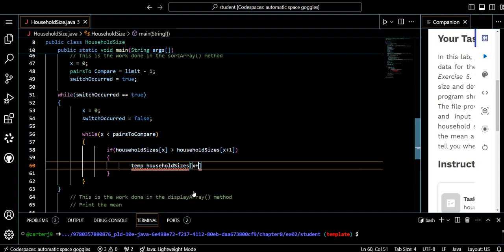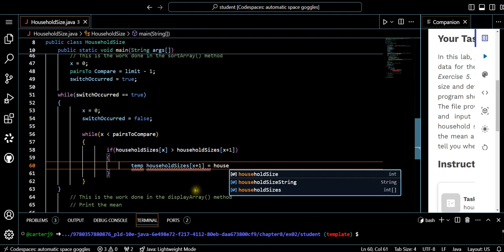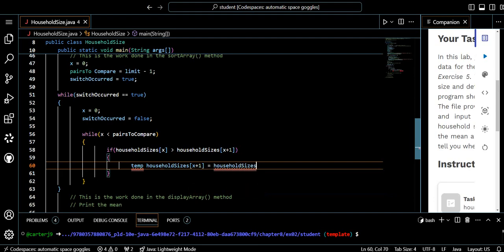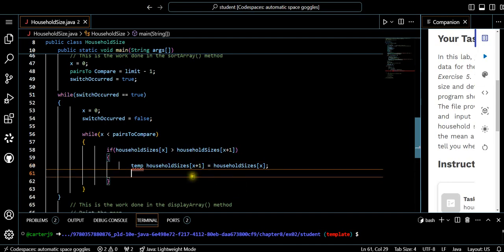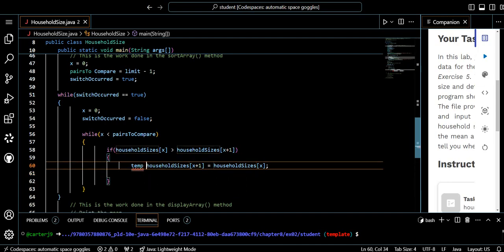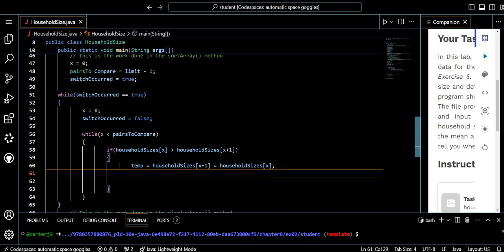X plus 1 equals, so the sizes x, and let's do this again. Equals there, didn't matter. Equals. Alright. Now